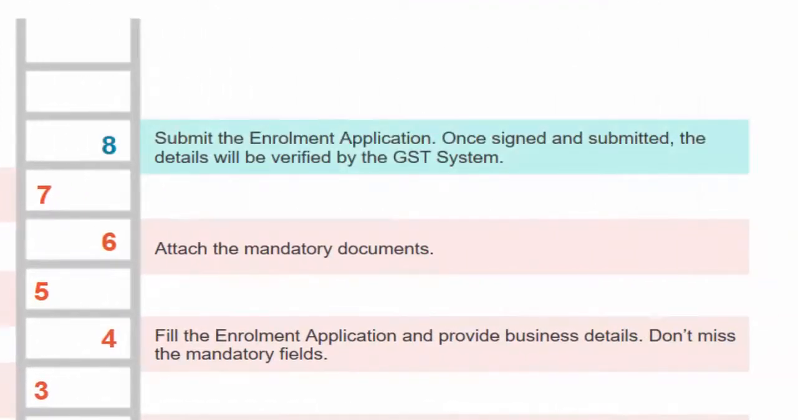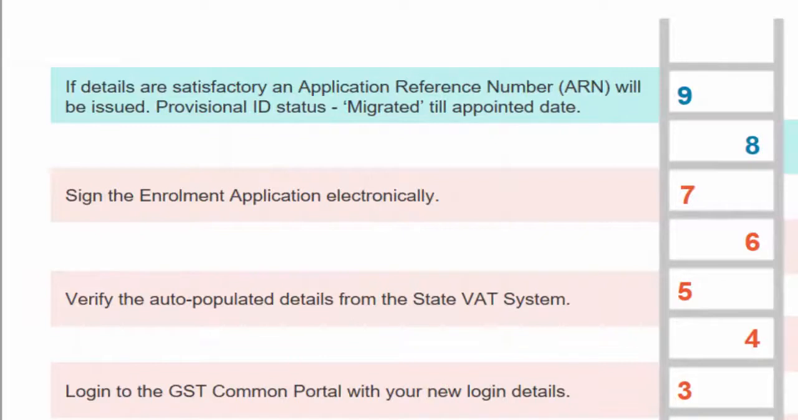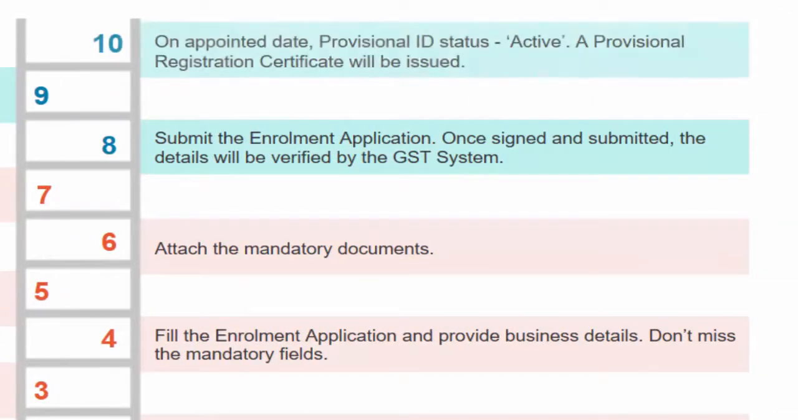Submit the enrollment application. Once the enrollment application is electronically signed and submitted, the details provided by you will be verified by the GST system. If all details are found satisfactory, an application reference number (ARN) will be issued. The status of the provisional ID will be changed to migrated till the appointed date, that is the date of implementation of the GST Act. On the appointed date, the status of your provisional ID will change to the active status